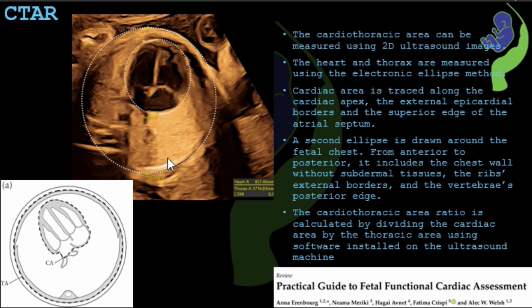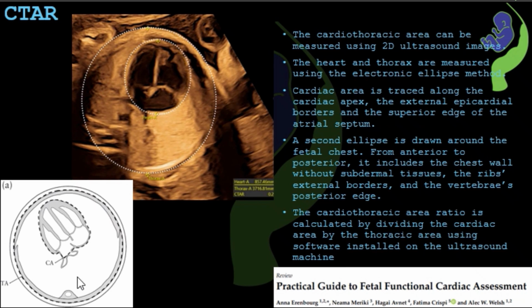Then the next step would be to measure the thoracic area using the ellipse method. You have to make sure that you leave out the subdermal tissues, that is, the skin line has to be excluded. It can be seen well with this line diagram where the skin is excluded and the ellipse is drawn along the external margin of the ribs, along the posterior side of the spine and extending anteriorly along the chest